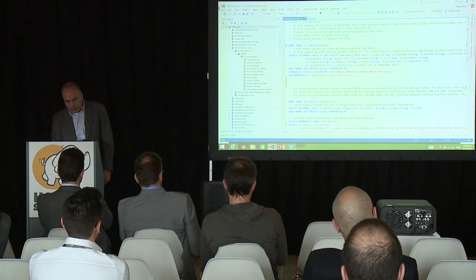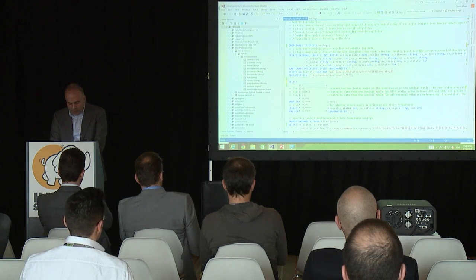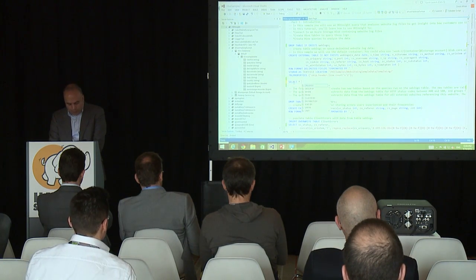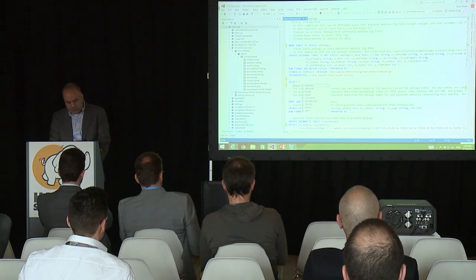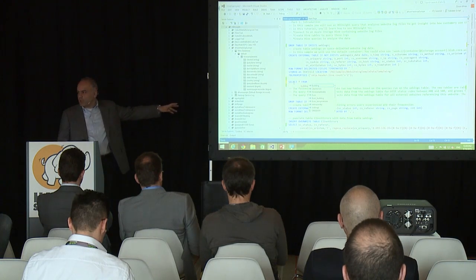So we have what you would expect from the Visual Studio IDE. We have IntelliSense, so it's helping me construct my Hive language query here. I'm going to say select star from a table that was created. As soon as I hit space, it gives me a list of suggestions. I'm sorry, it's a little bit small.